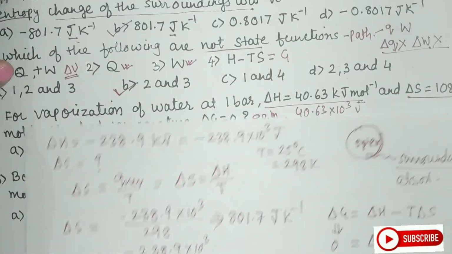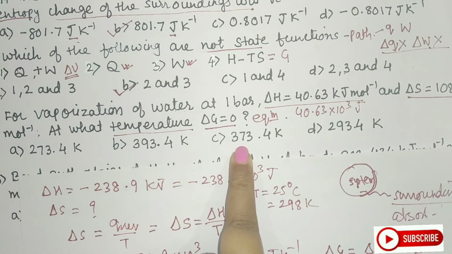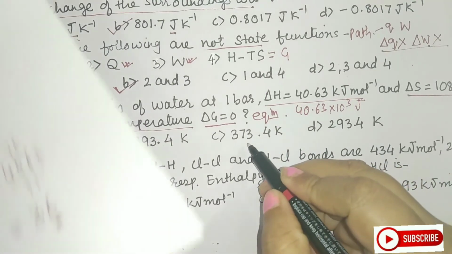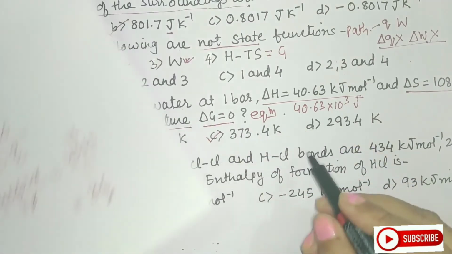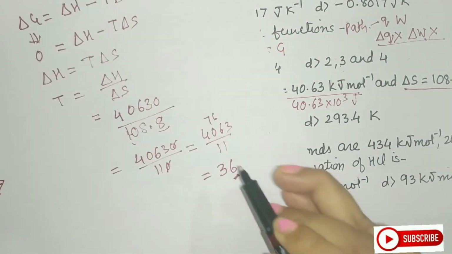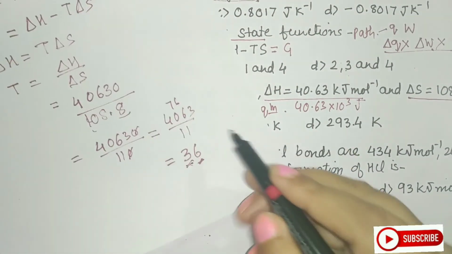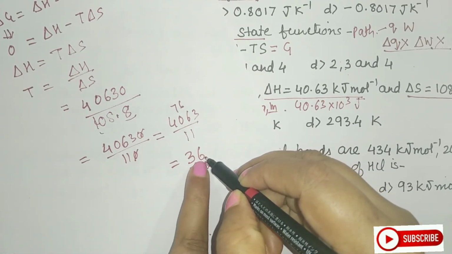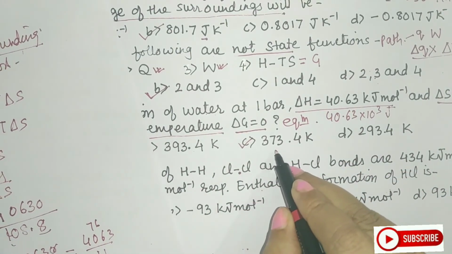So if you see the options here, students, the 3 means either the second or the third option. Now this is coming very close to 6. So your answer might be this, that is 373.43. You need not go for the complete calculation. Once you get the first digit, you check out. Here I got the first digit as 3. So your answer must be either second or third option. Then you go for the next one. I'm getting nearly 6 here, but I have increased this. So this must be more than 6 slightly. So your answer here is 373.4 Kelvin.